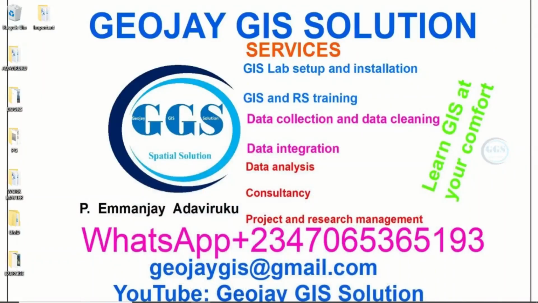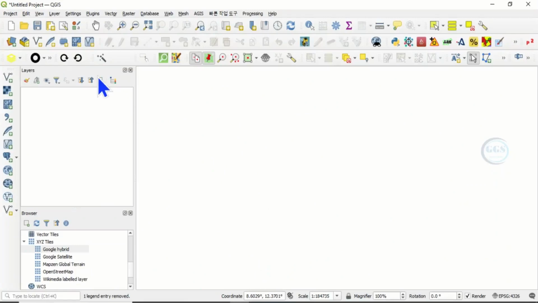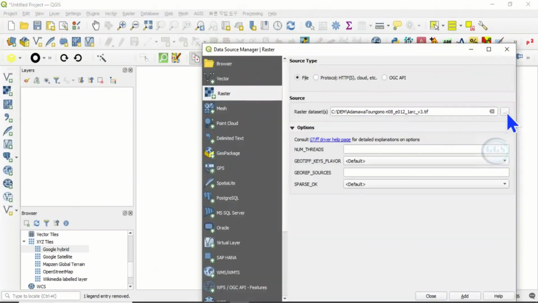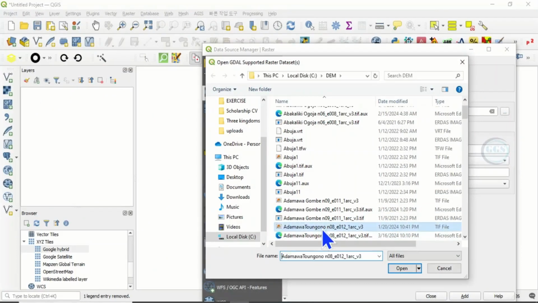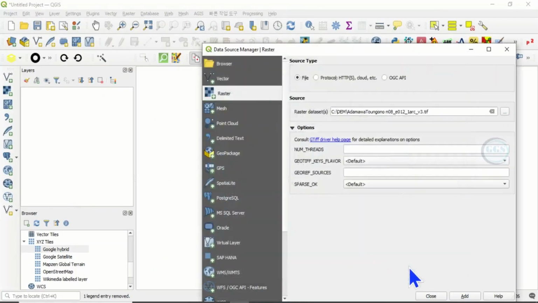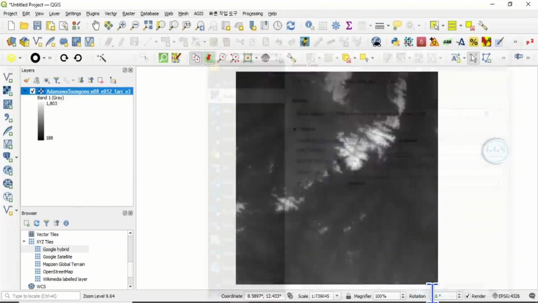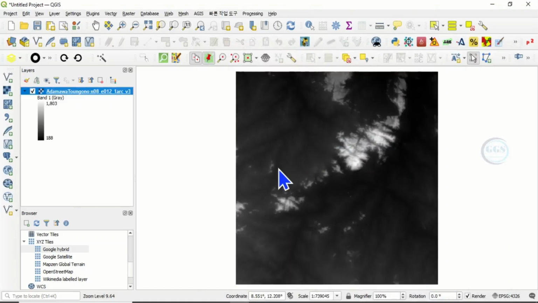So in QGIS, let me bring in the raster we want to use for this exercise. Let's use this Adamawa. Click on open, click add, click close. So I have this digital elevation model and I want to extract the cross-sectional profile of any direction or any